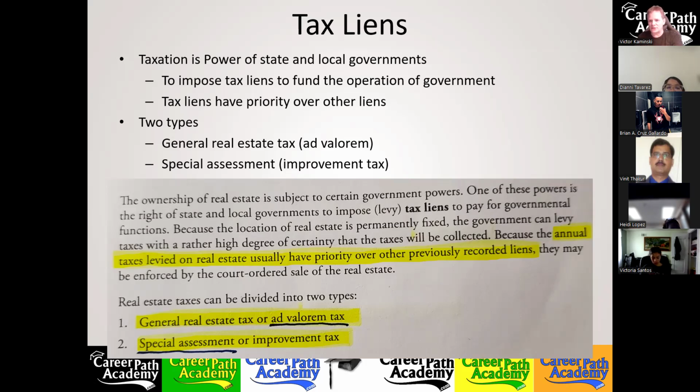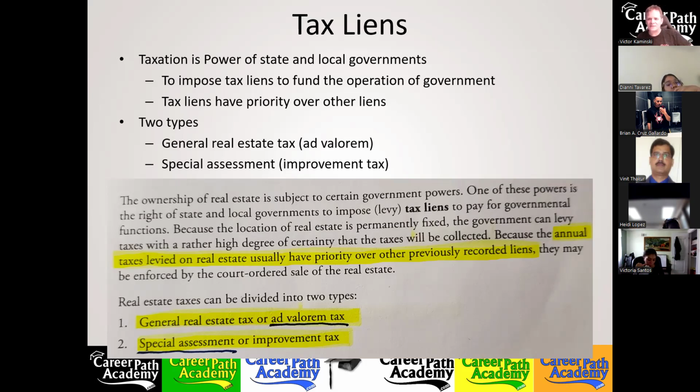You may not have a special assessment unless the politicians decide, hey, we want to do some improvements in your area. They're going to come up with an idea that they want to redo something, maybe change the lights, put up those old world street lights along your road and redo the sidewalks and other stuff. Where do they get the money for these things? Or they want to build a park in your neighborhood or something, they'll issue a special assessment to all the homeowners who live in that area.